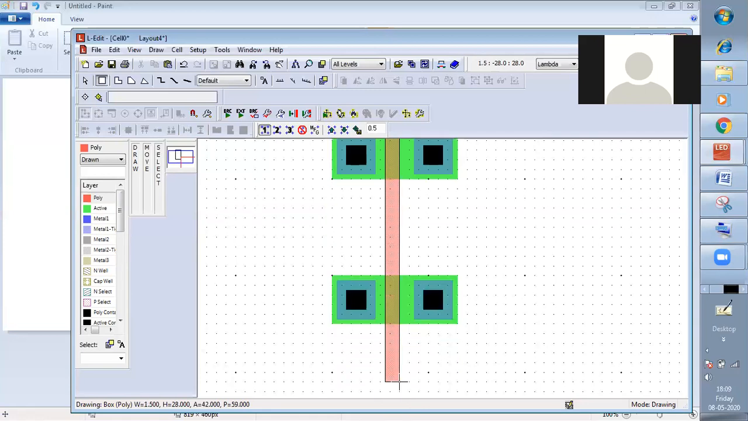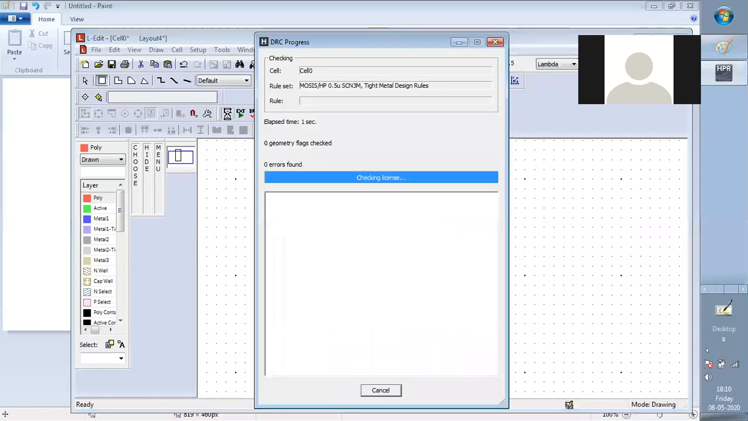I will show you that if you draw wrongly, suppose for example now, if I draw it 1.5, right? I have drawn it intentionally 1.5, right? Now we go to the DRC. Here it is DRC, perform DRC on active cell. So if I go to DRC, there will be